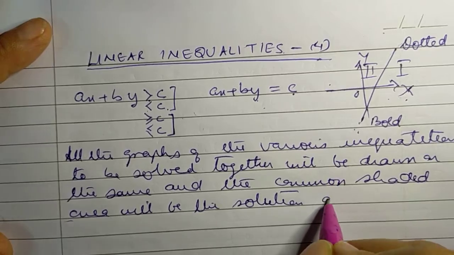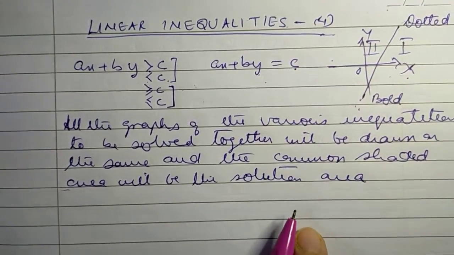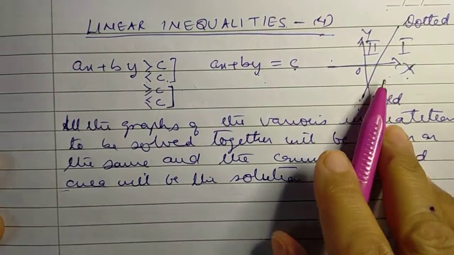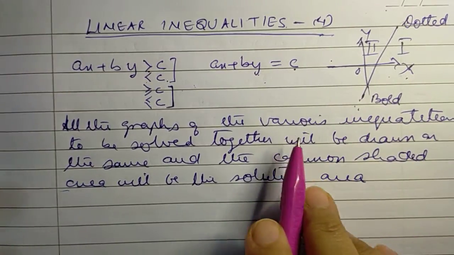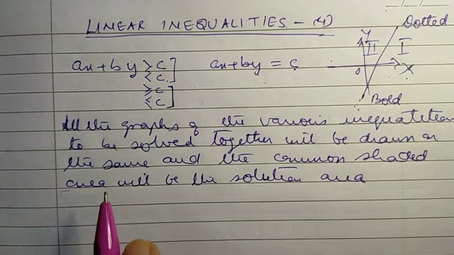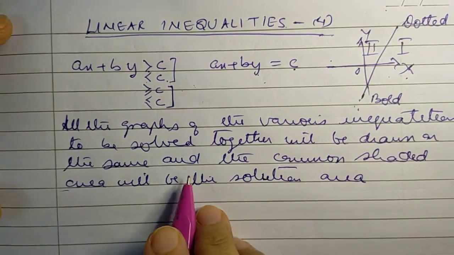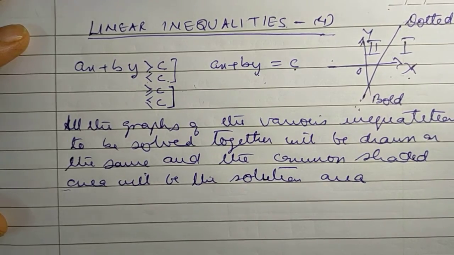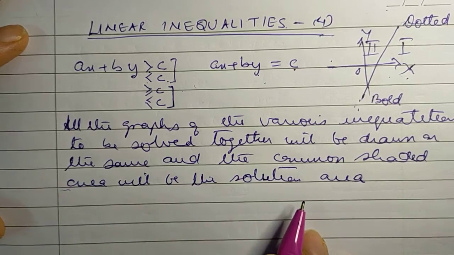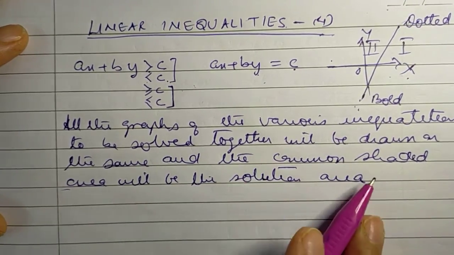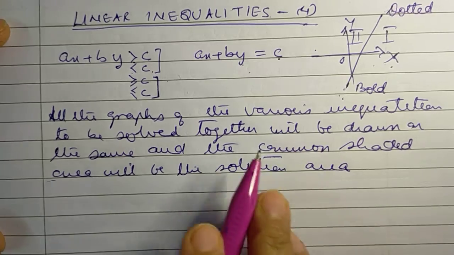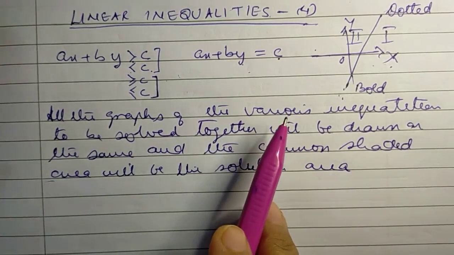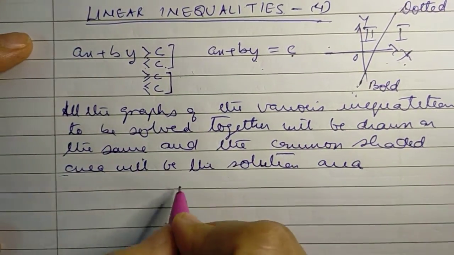So we will draw each of the lines which are given to us on the same graph, and we will shade accordingly, using the same procedure which we had followed in the previous exercise. Since we are drawing all the lines on the same graph and shading each one of them, we will get some common shaded area, and that will be the solution which will satisfy each one of the inequalities. So now let's start with exercise